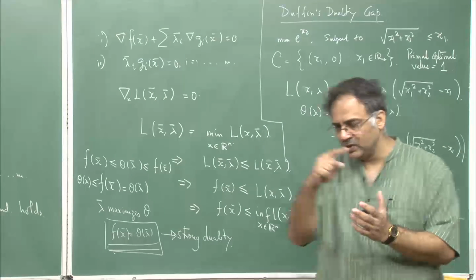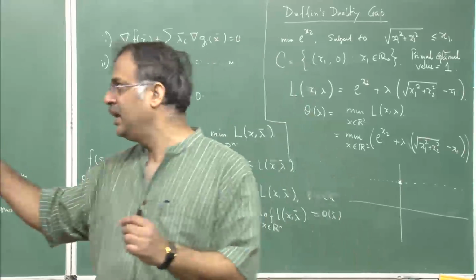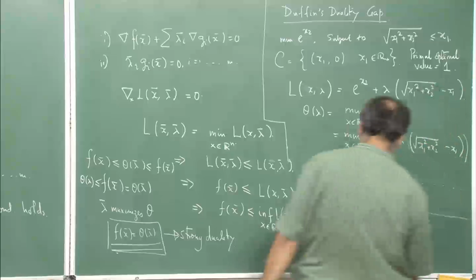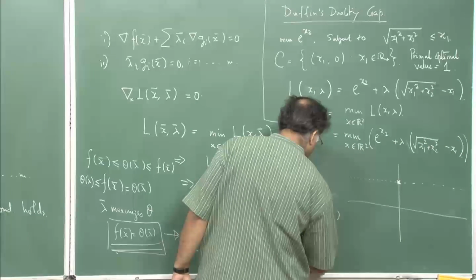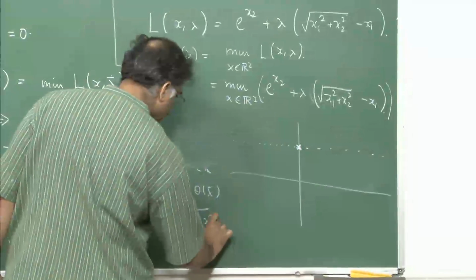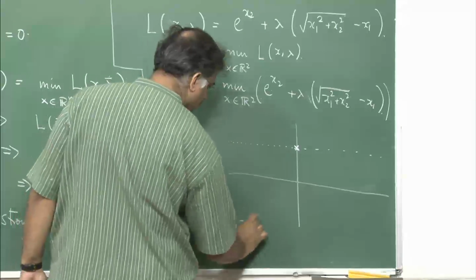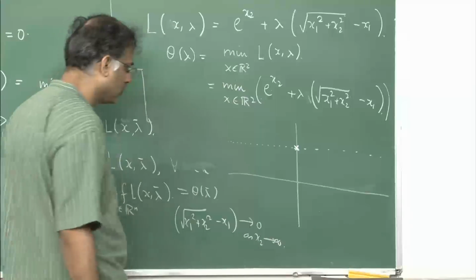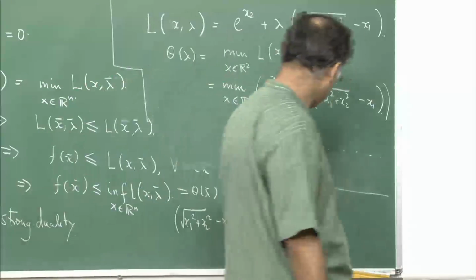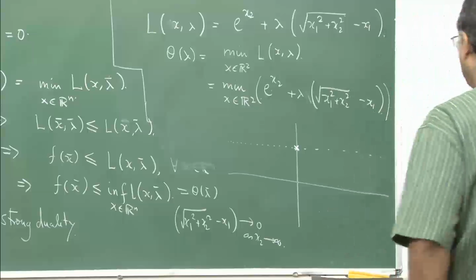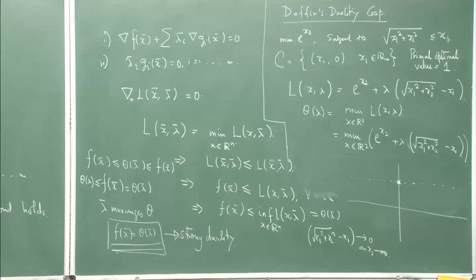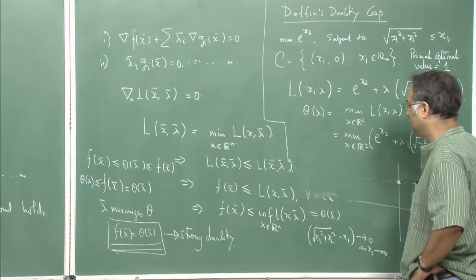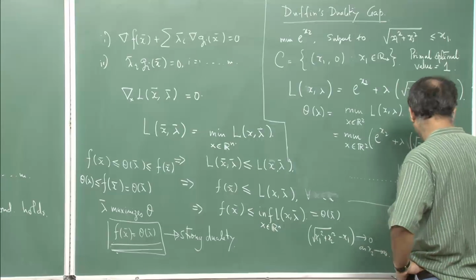So, the difference between root over x1 square plus x2 square and x1 continuously diminishes and hence